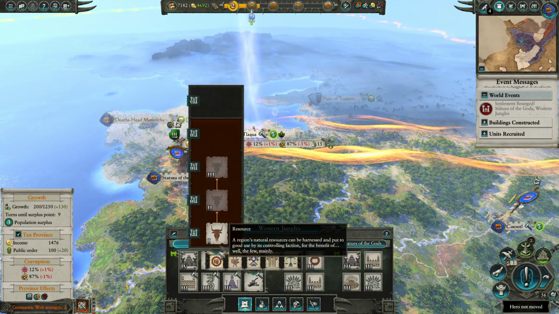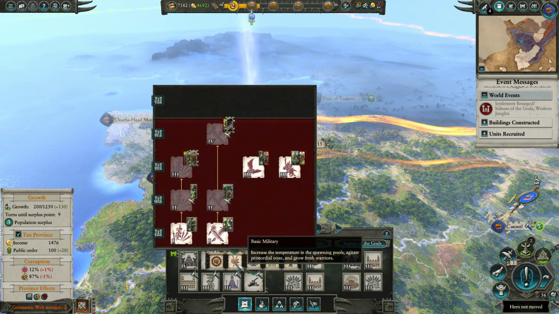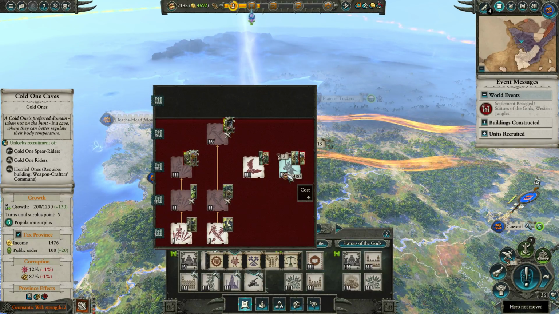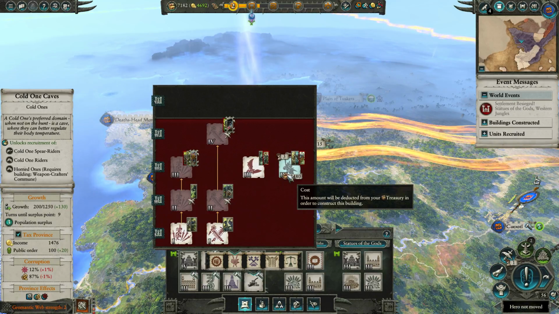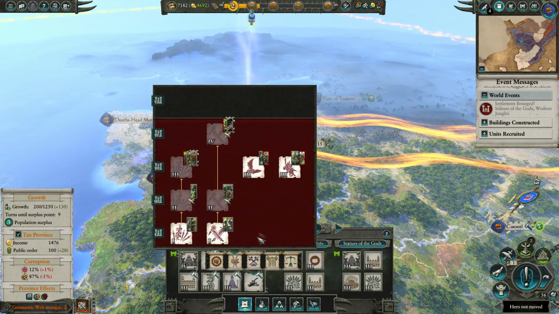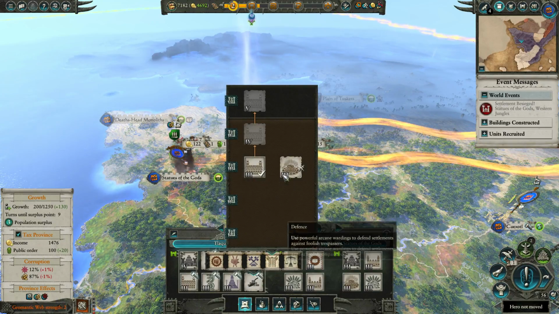Oh, what's this? Oh, right, that's shit. I was going to say, why haven't I built that yet? But that's the exact reason why. I'm quite tempted to build this, just because I want to get some cav. But this is not going to be my recruitment province, so I'm not going to, but...